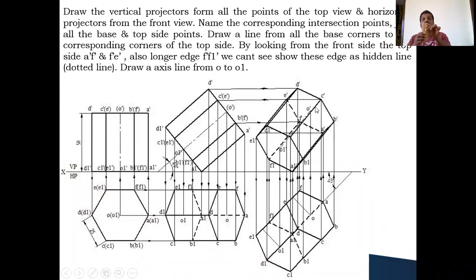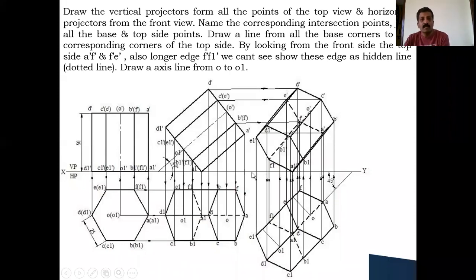It is like this. So the initial position you have drawn with the corner condition, right, the second position you have tilted, the third position you have tilted like this. Correct. The complete base is visible, so you have made it visible edges, and the top face here 1, 2, 3, 4, just you can see, you cannot see these two top edges. Coming to the longer edges 1, 2, 3, 4, 5, you can see, you cannot see this which is behind. So like this you have to analyze and complete it. So this is the corner condition example, hexagonal prism.